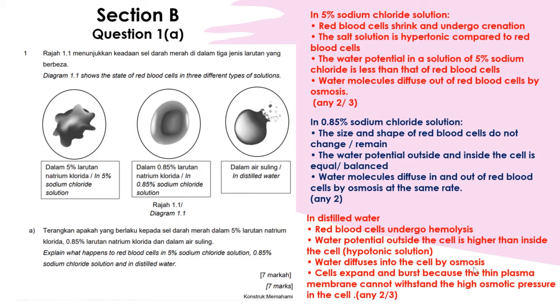Okay, by what process? By osmosis. And then what happened to the cell? The cell expands and bursts because the thin plasma membrane cannot withstand the high osmotic pressure in the cell. Okay, so that is referred to as the hemolysis process. So we already discussed what happens to the RBC in the hypertonic solution, isotonic solution, and